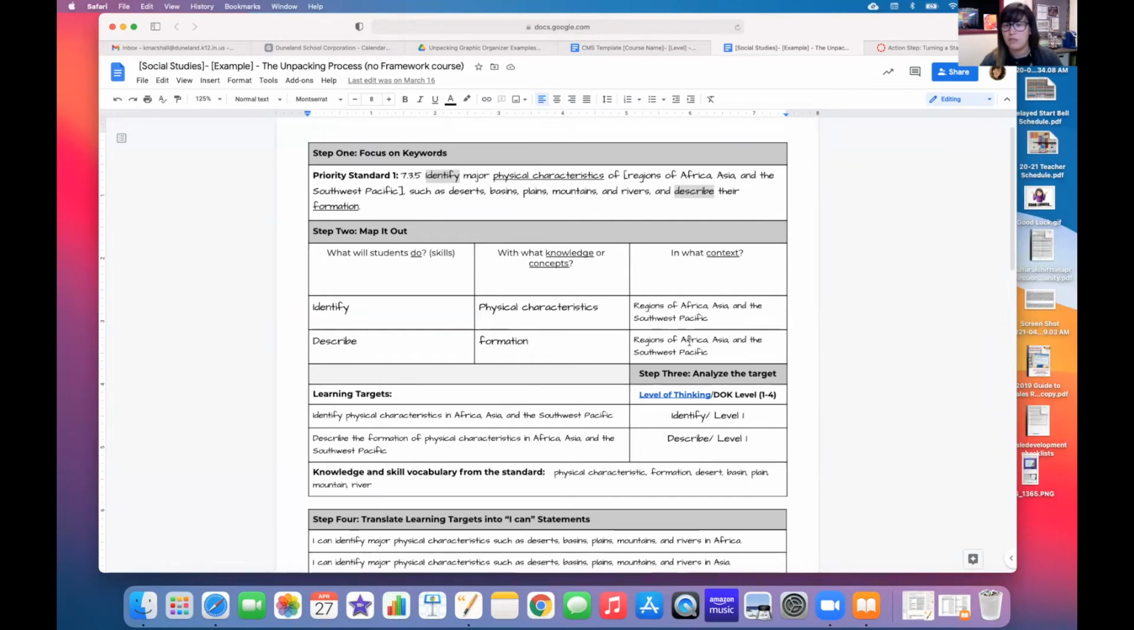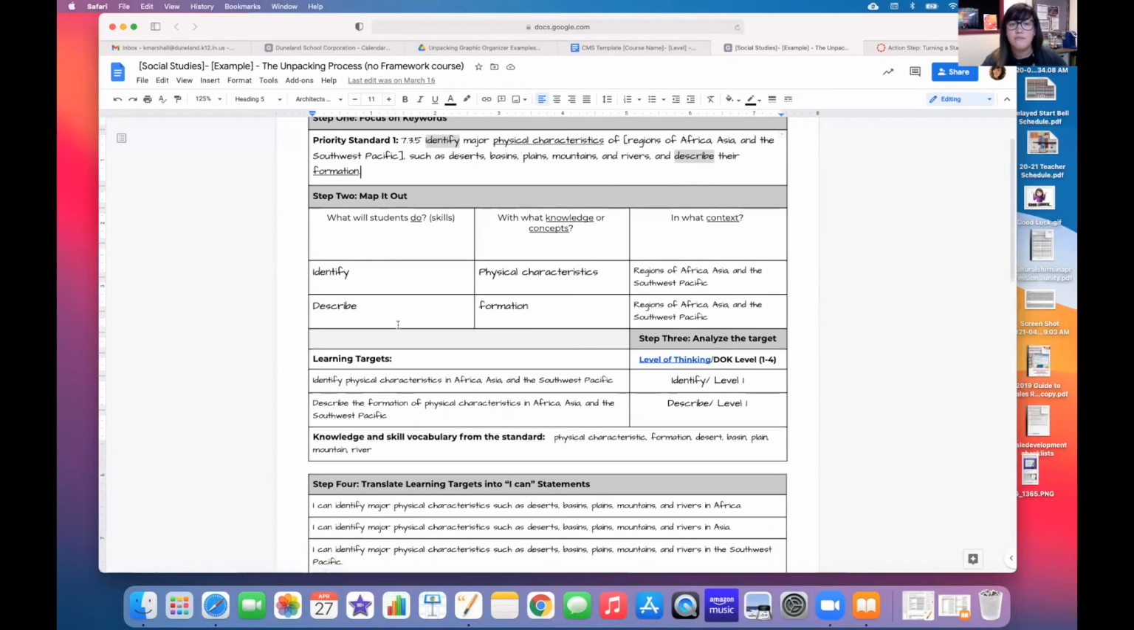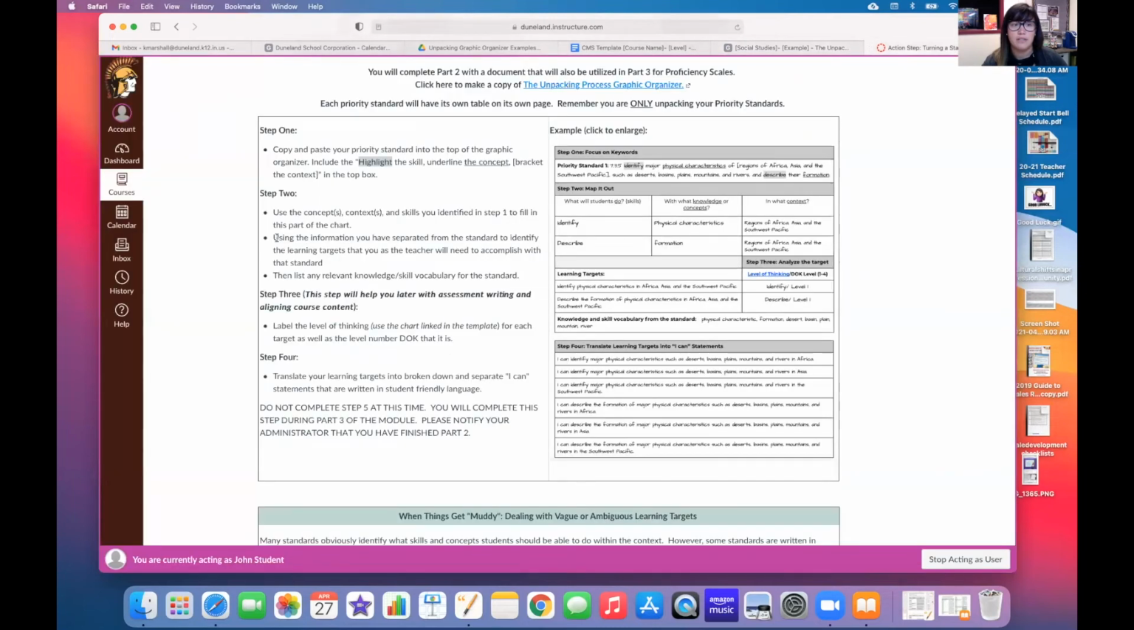Describe, formation, etc. Now, if you're wondering why I've skipped this part of the standard, it's coming in just a second. So then from those broken down pieces, if I keep reading my instructions, I'm going to use that information I've separated from the standard to then identify the learning targets that me as the teacher will need to accomplish